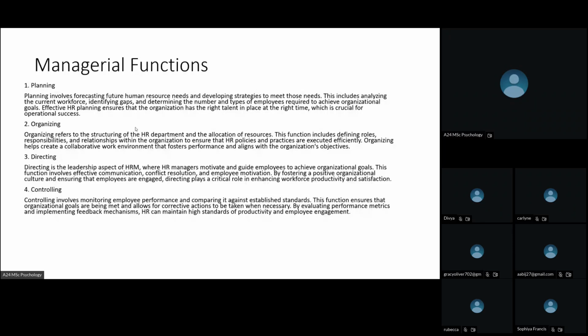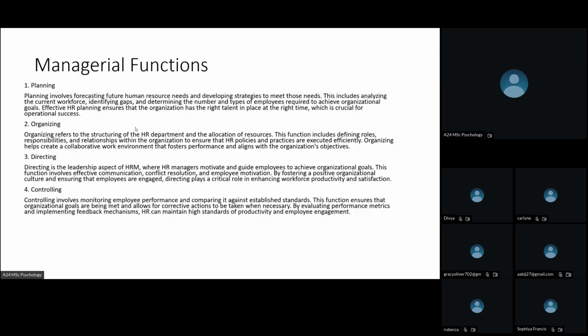And if two students fight between themselves, then we need to make sure the teacher is going in and the resolution is happening there wherever the conflict is. And we have to give motivation to the employees. And then we have to foster a positive culture. Again, classroom is the best example. We have to foster a positive culture. And then we need to ensure that employees are engaged,